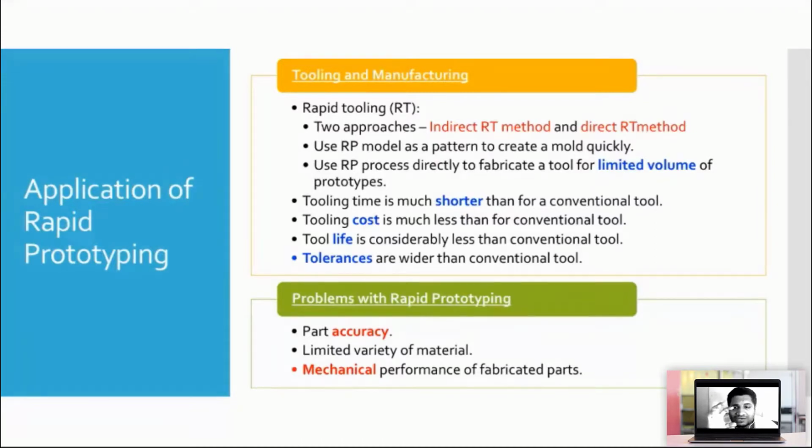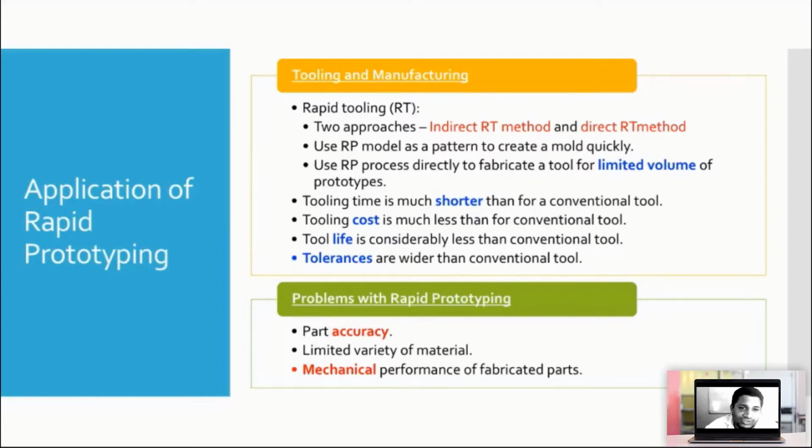Then the heads or the jets of rapid prototyping can be cheaper as well. Like 3D printing is cheap. Even our normal paper printing, the inkjet head is also very cheap, 400 ringgits only. But if you want to buy a milling cutting tool made of diamond or boron nitride, then it is going to be very expensive.